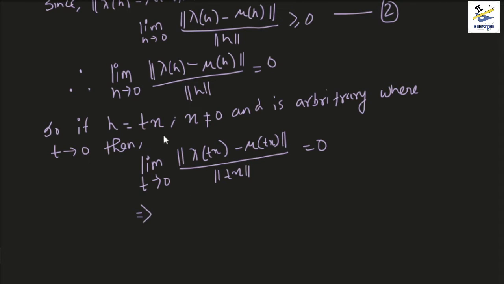Here t is just like a real number which is a constant, and x belongs to R to the power n, right? So what happens here is,